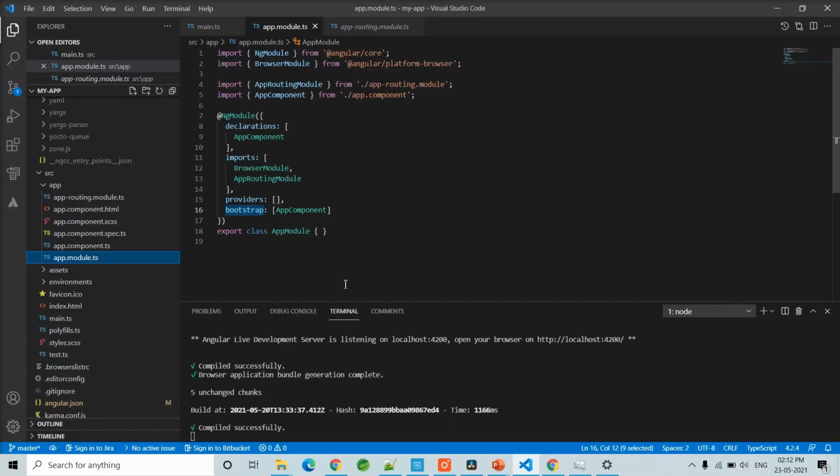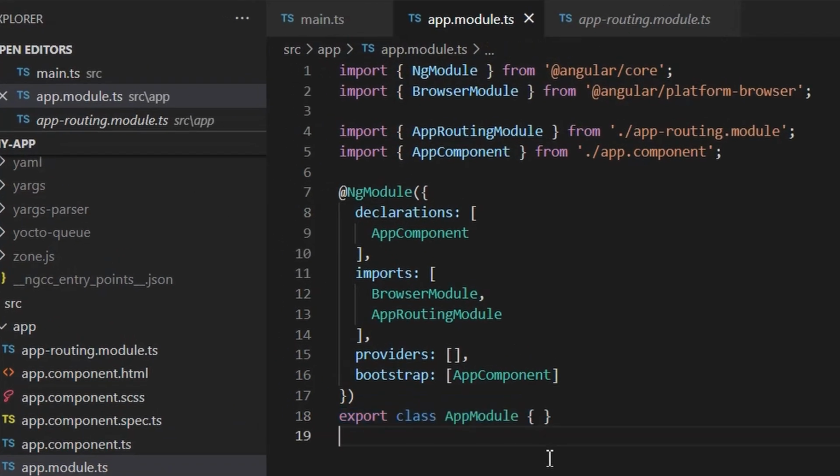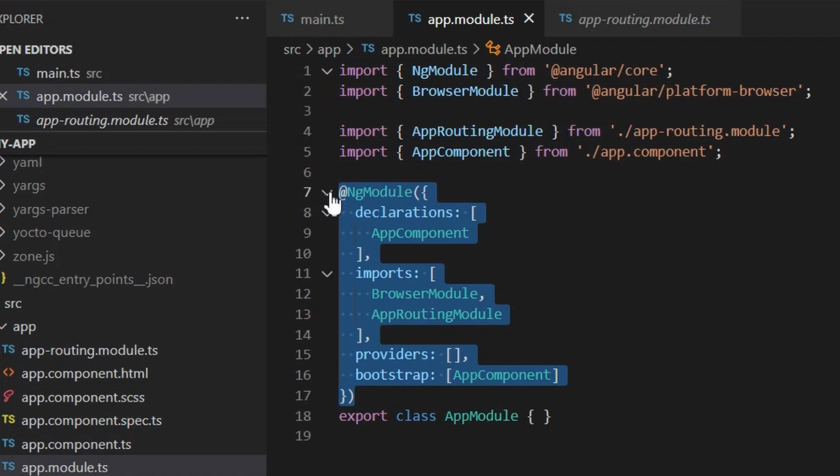Now that we have created our application, the only module handy to us is the app module. Let's see how it looks. There is nothing special inside the body of the class. However, what makes this class be treated as a module is the decorator above it. This NgModule decorator can make any class act as a module, and it takes a configuration object which is passed into this decorator. It takes several configuration options like declarations, imports, providers, bootstrap. In many other modules, you will also find an exports array. What are these configurations about?